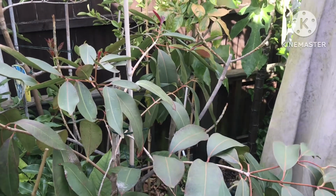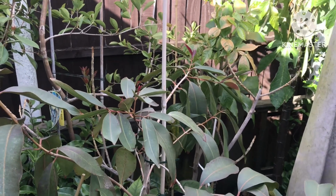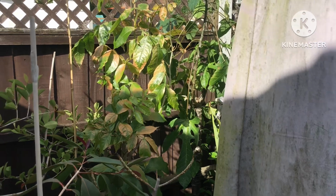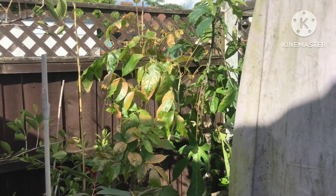Now the strawberry guavas, or cherry guavas, are growing slowly, and a few flower buds are starting to appear. But if you look at what, I'm more inclined to think this is the cold weather and windburn from when I put the plants outside. If you look at